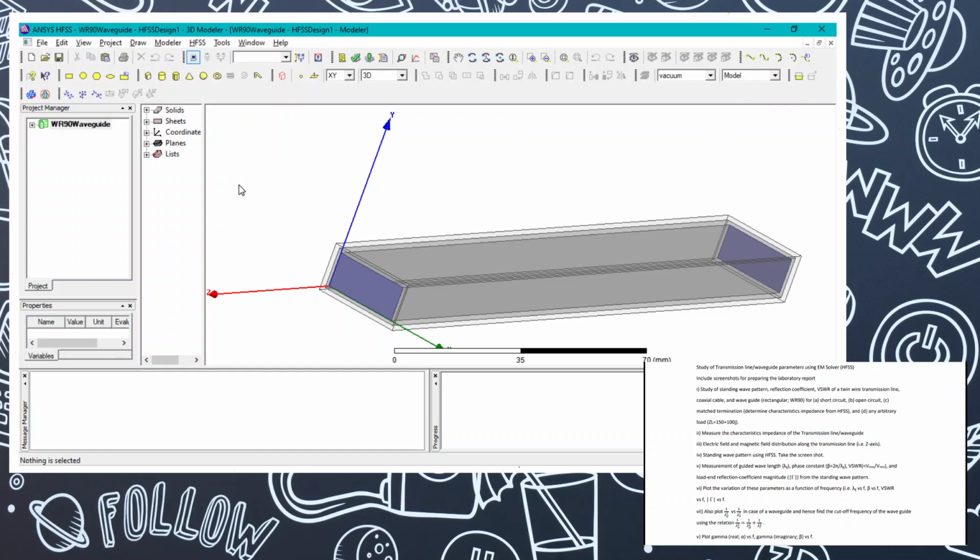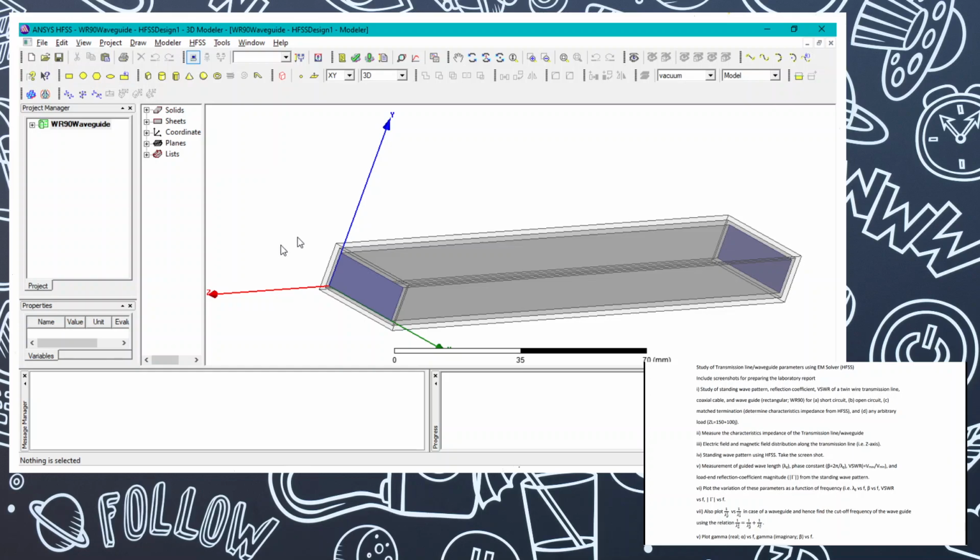So first, before doing anything, what we need to do is have a structure along which we are going to measure the different components like electric field and magnetic field and other variations, as I have shown in the slide.